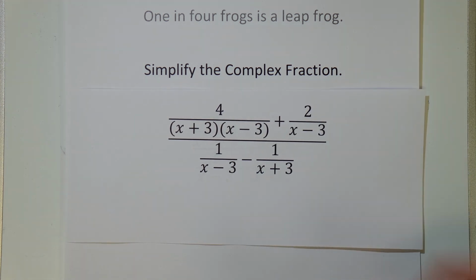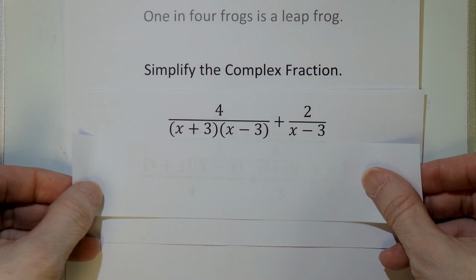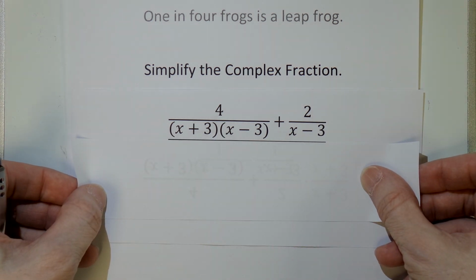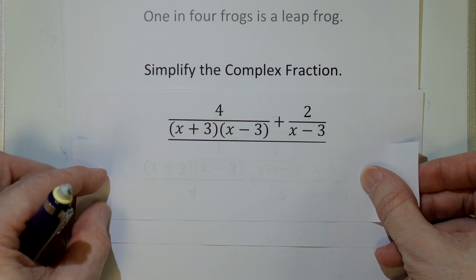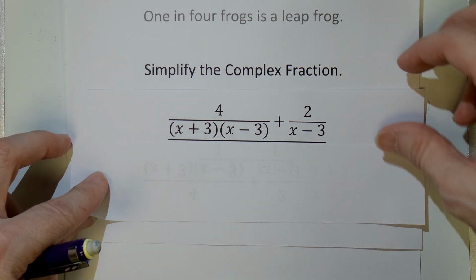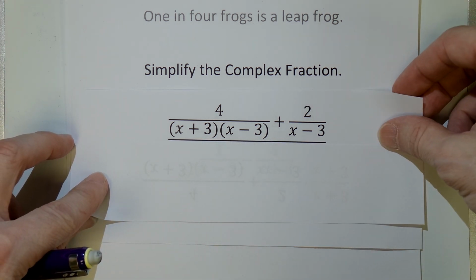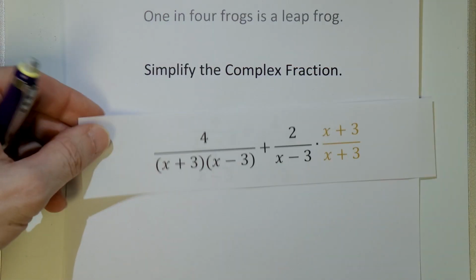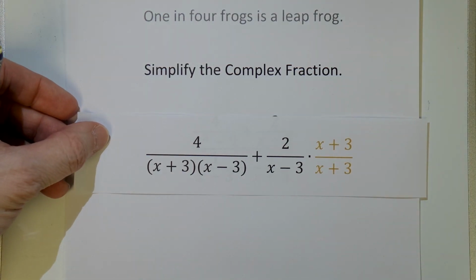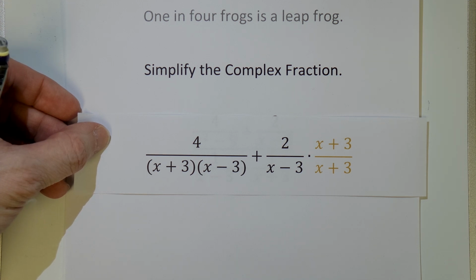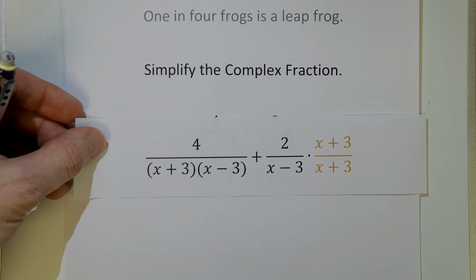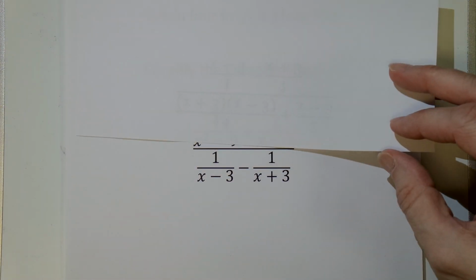the numerator. So the numerator is this part of the problem. What I need to do is multiply the second fraction by x plus 3 so that they have a common denominator. So this is my numerator, multiplying the second fraction by x plus 3 over x plus 3. For the bottom,